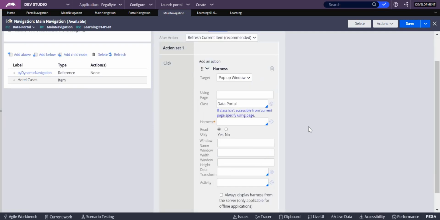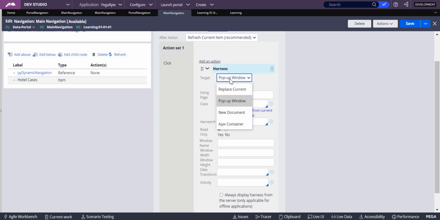So a harness is a rule which will structure your portal, which will give a proper structure to your hotels. I mean layouts: what the layouts are, how it should show, left pane, right pane, and the work area pane, and in that pane how your data should show. So it will talk about the structure of your portal. How do you structure it? That is your harness. So this is the harness here.